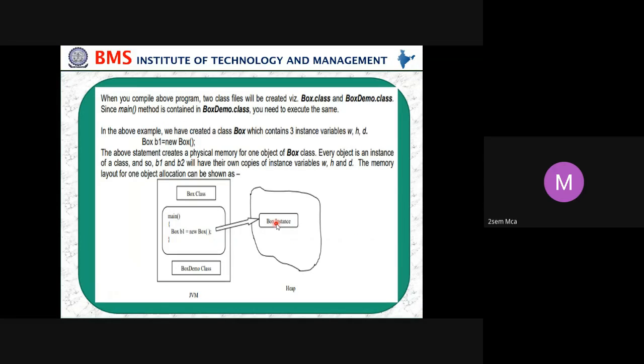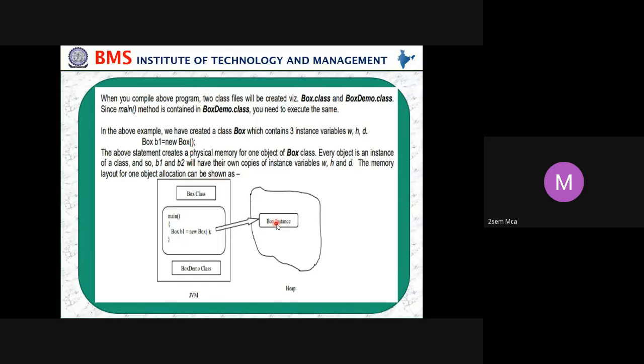Okay, so when you compile the above program, two class files are created, box.class and boxdemo.class. The main method is present in the BoxDemo class, so that is what will execute. In the above example, we have created a class Box.